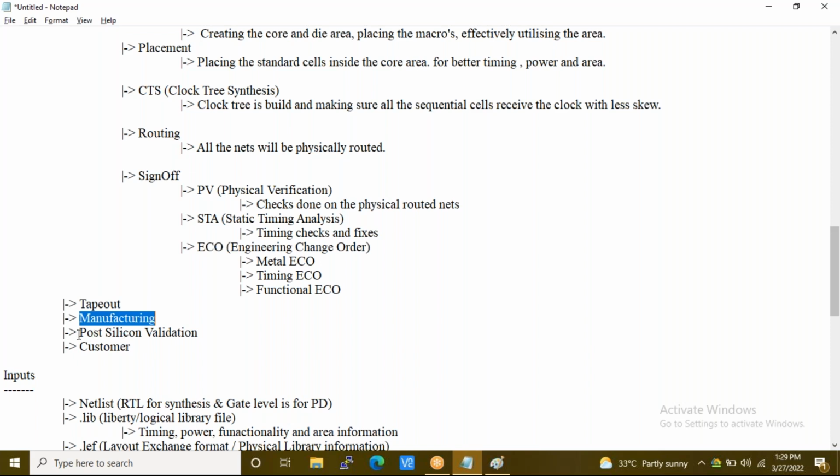All that we will try to handle in post silicon validation. Again, we will test the functionality of the chip in post silicon validation and only then provide it to the customer. Okay, clear so far? Yes, sir.